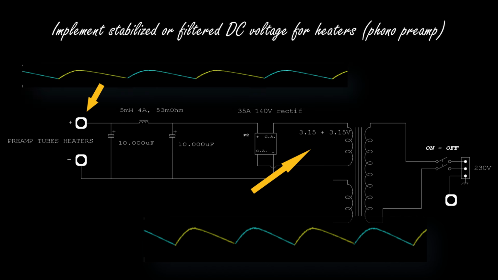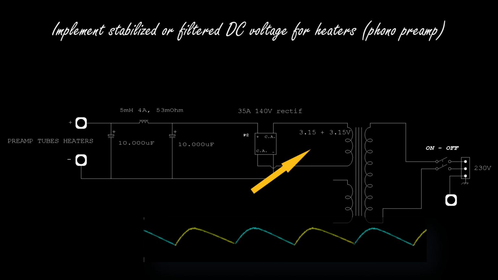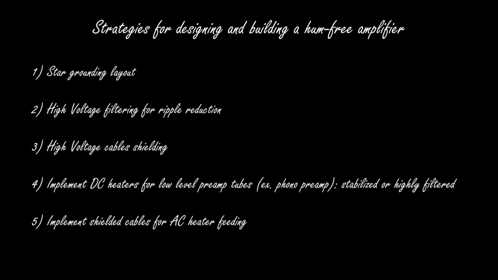In this way, I can achieve a sufficiently clean DC voltage for the heaters. But again, I don't recommend just utilizing a rectifier and a capacitor, because the ripple would in this case be too high. Speaking about AC heaters, it's very important to utilize shielded cables